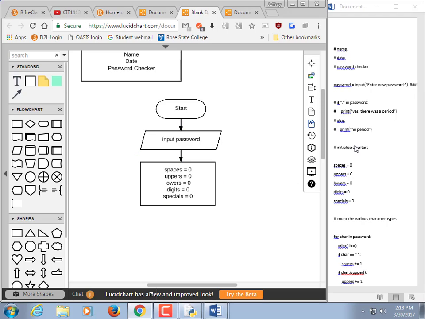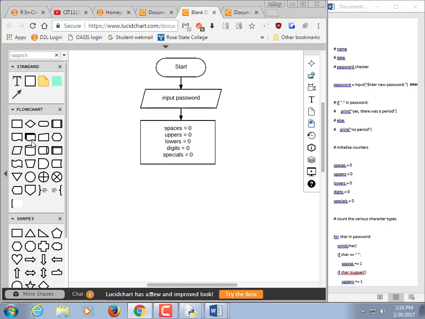Alrighty. Now we have a for loop. For character in password. What symbol are loops used? What symbols represent loops? I didn't hear it. I heard a voice, but yeah. Same one as for if statements. Diamond. So, for character in password,